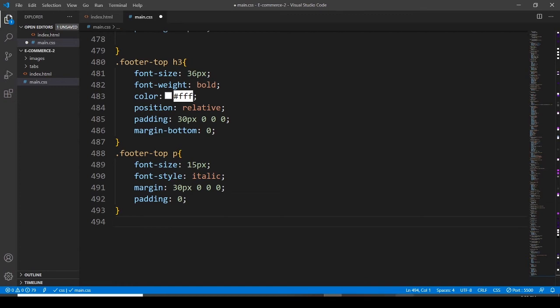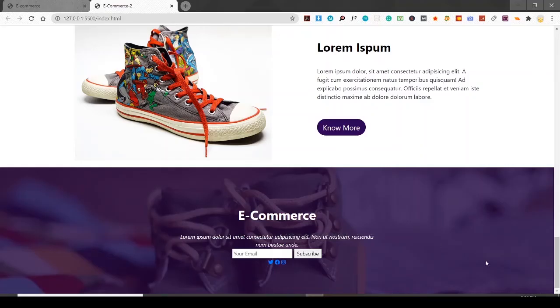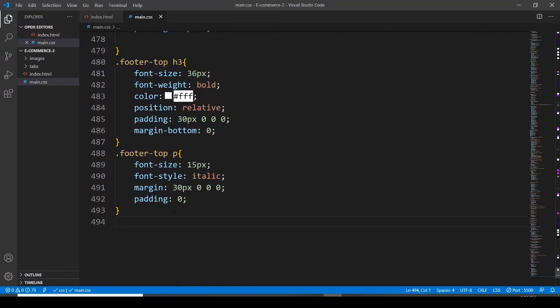Let's move on to the browser. Let me save it, and here is the browser. Okay, so we do have a paragraph element. We need to work now on this form. So what we have to do next, let's get the footer